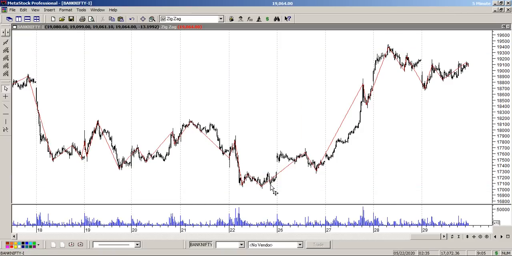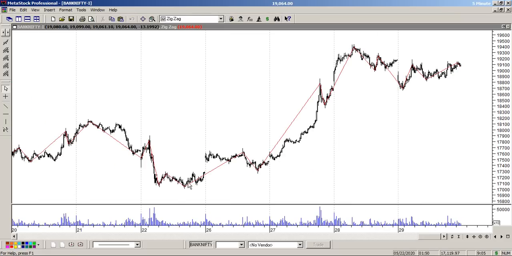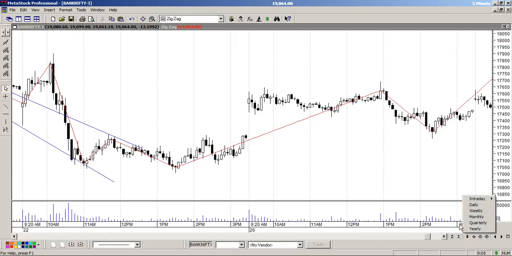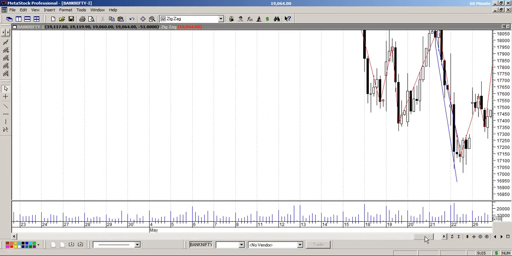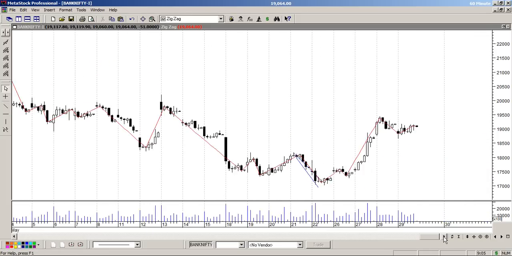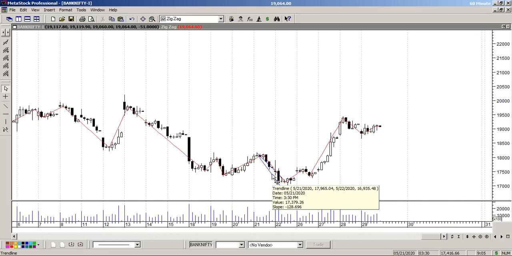Okay, we had a series of lower peaks, lower troughs. I want you to concentrate on this place. These peaks were lower till here, right? These lows were also lower till here. Now concentrate here. This is the hourly chart, that was causing the problem. Sorry. Yeah, now it's okay.